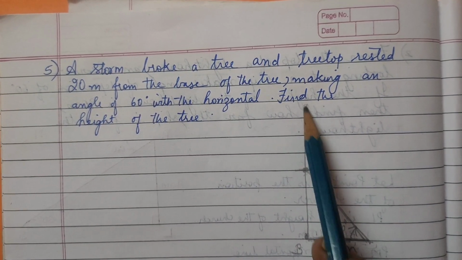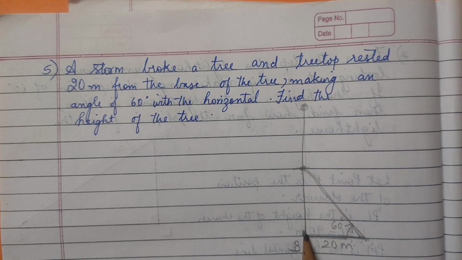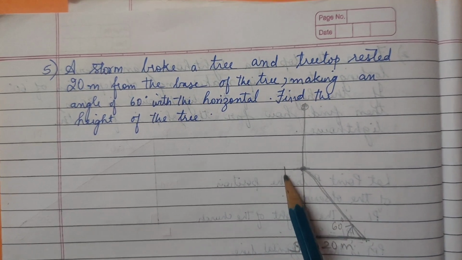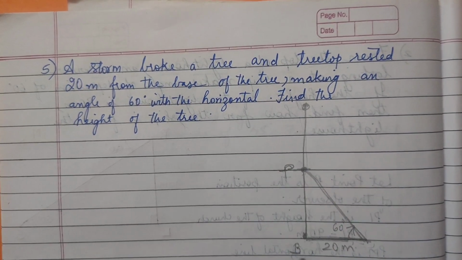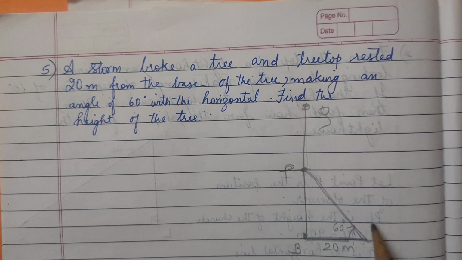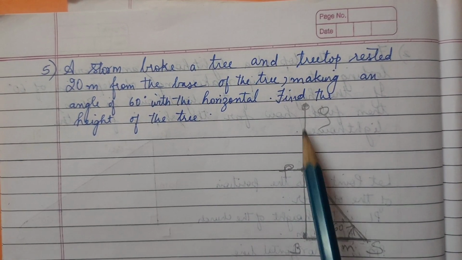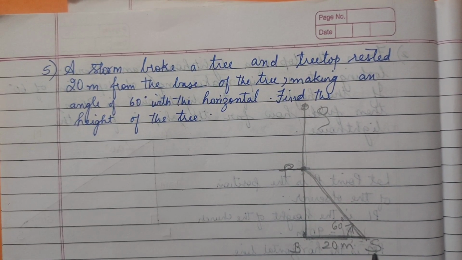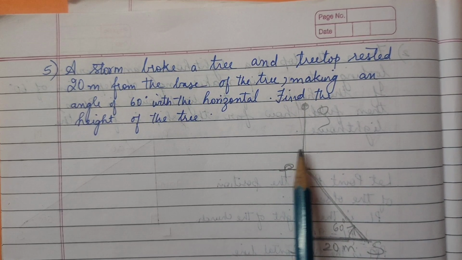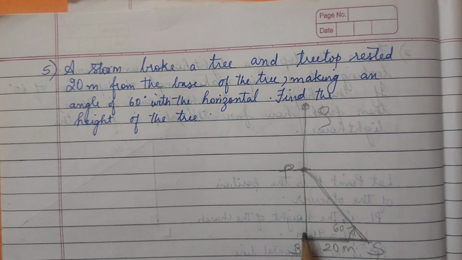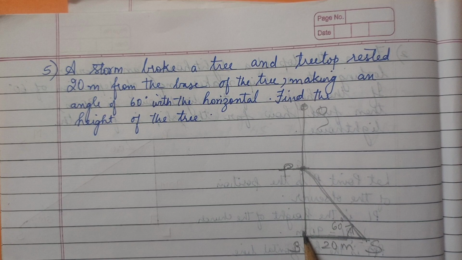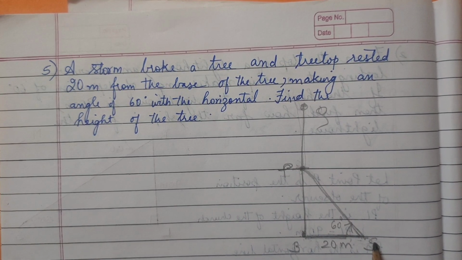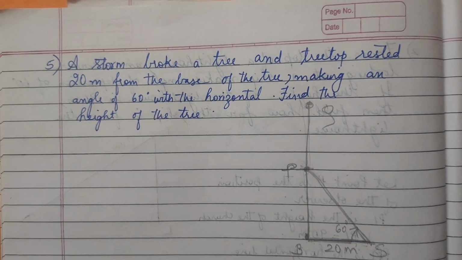हाइट ऑफ द ट्री मीन्स यहाँ से लेकर यहाँ तक हमारा ट्री का हाइट है ना. लेकिन सो व्हाट इज दिस? इफ वी कंसिडर दिस इज अ पी एंड दिस इज अ क्यू एंड दिस इज अ एस. सो अभी क्या है, ये पी क्यू ही तो बना है पी एस, क्योंकि वो ऊपर का हिस्सा ही आकर गिरा है. सो वी विल फाइंड आउट दिस पी क्यू प्लस पी एस कितना है, तो हमारा पूरा हाइट ऑफ द ट्री मिल जाएगा. अंडरस्टूड?